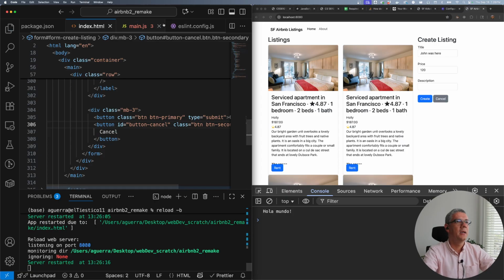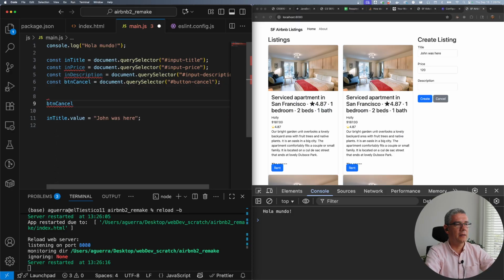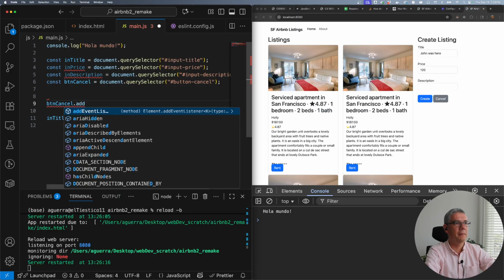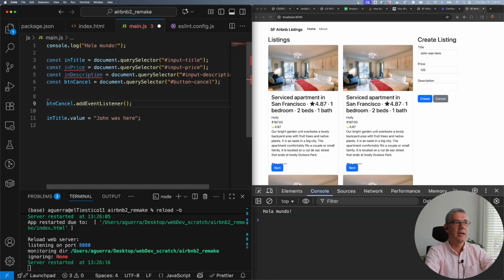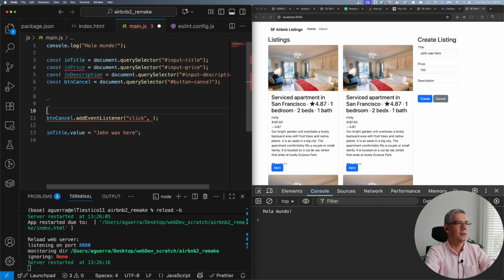Then I'm going to tell this thing that when I call the button cancel, I want to append an event listener. It's a function that says when somebody clicks on the button, I want you to do something. So to make it more clear, I can say